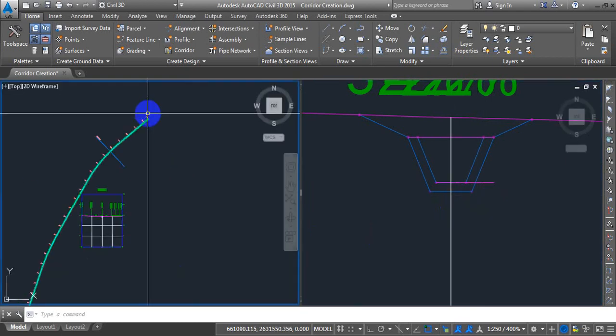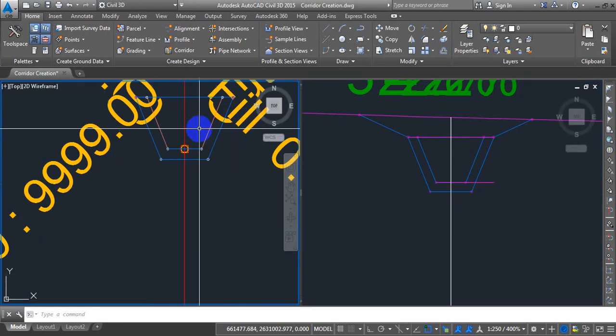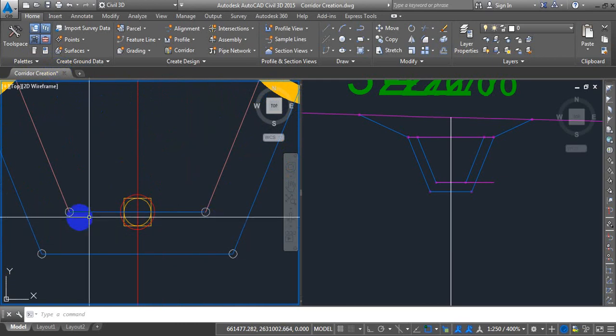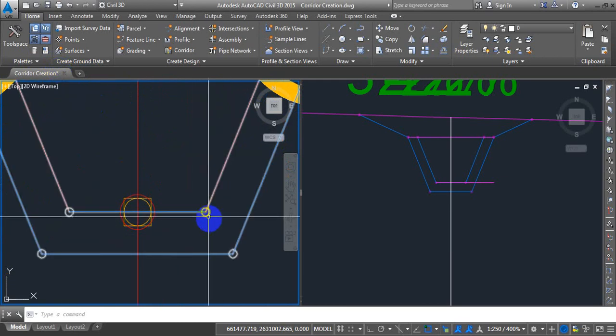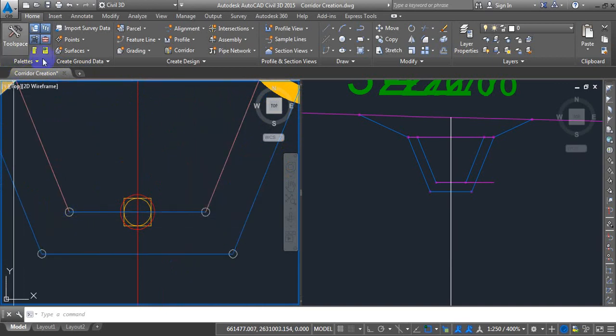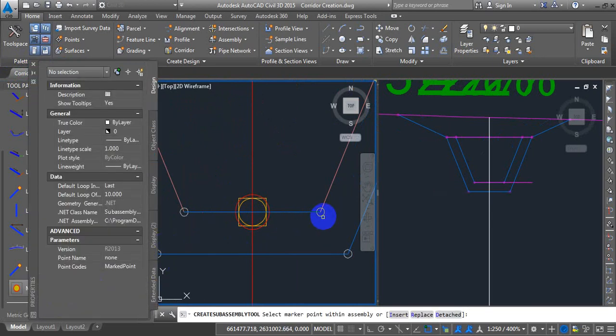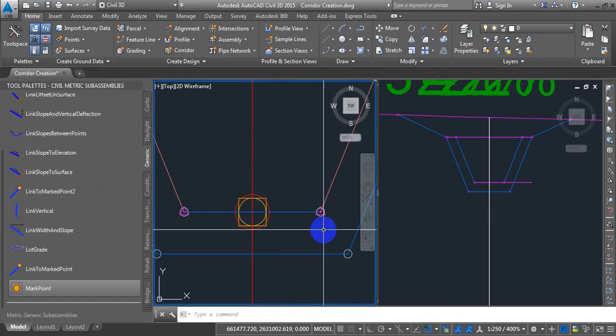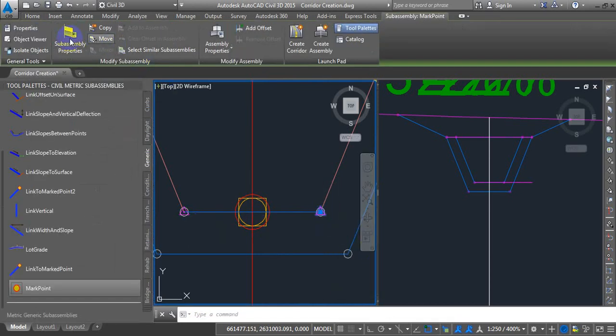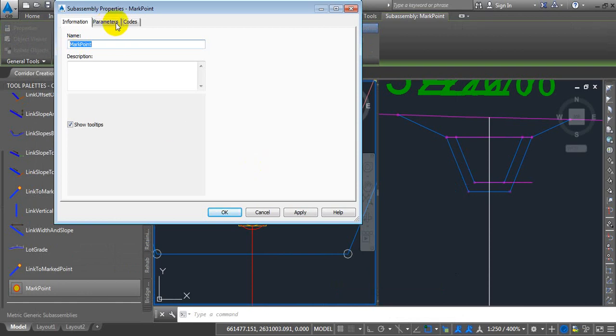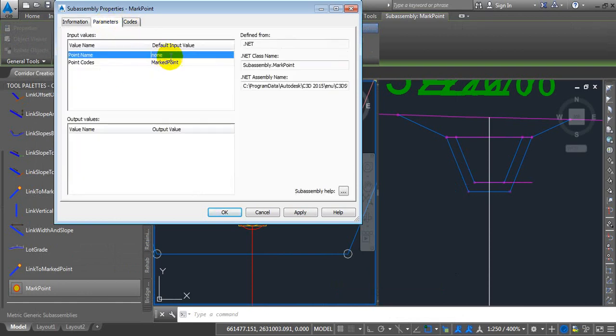Now as in the previous video, we will quickly come to the assembly. We will add a point code over here and over here so that we can create a polygon along the length of the feature line created from this point and this point. I will come to the tool palettes, click on mark point, and add one here and one here. I can click on this mark point and go to subassembly properties, parameters, and I will call it invert reference,